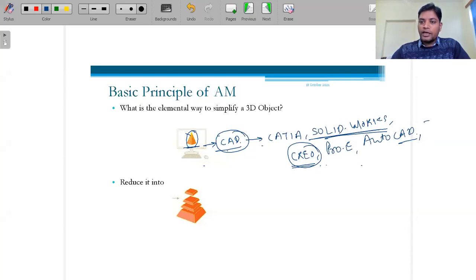Apart from this, Fusion software is also available. If you want to learn these things at home, they provide 1 year free on a student ID, so you can install it from there. Anyone can install it.